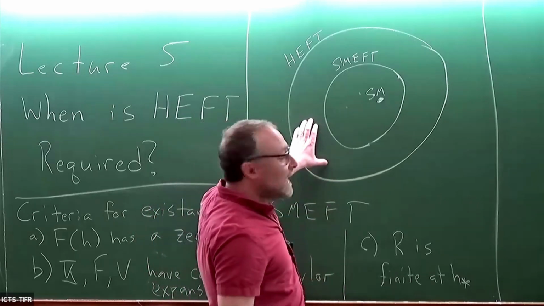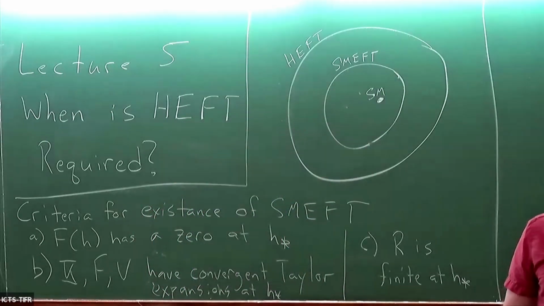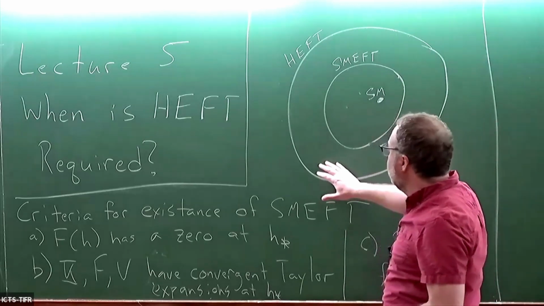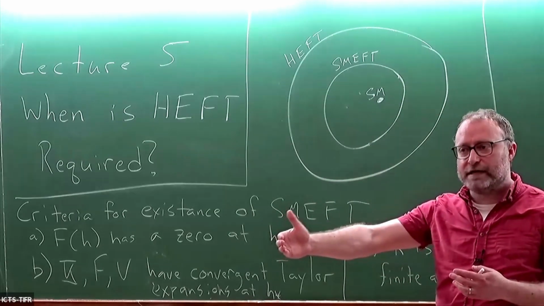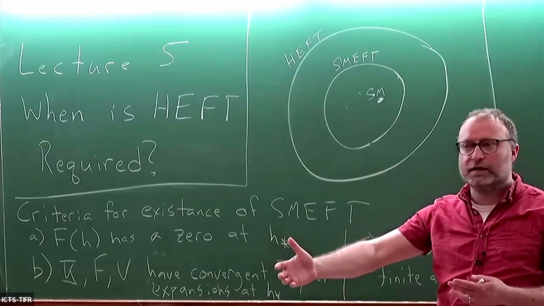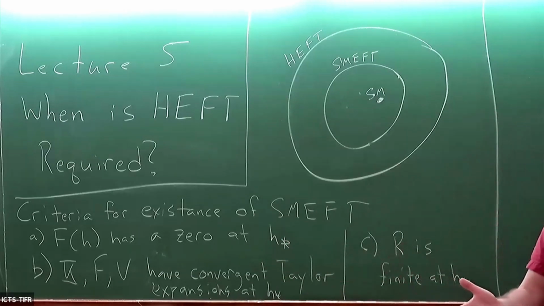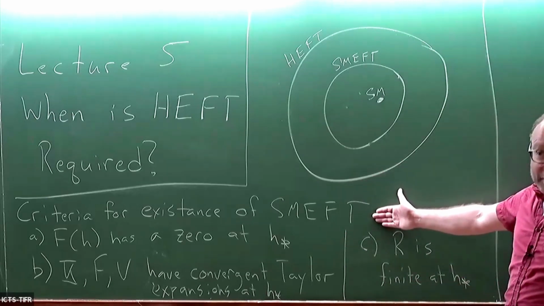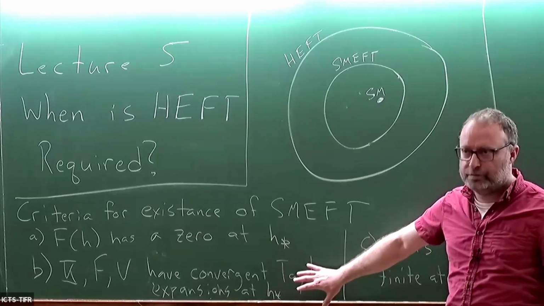But there is a parameter point in this description, which is the standard model. No, because if I have any deviation from the standard model, that tells me there's new physics. I mean, the standard model is not the complete picture. So if I want to write down the full UV completion, if I fail, certainly, the standard model is a subset of SMEFT. So if I fail any of these criteria, then I know there's new physics.